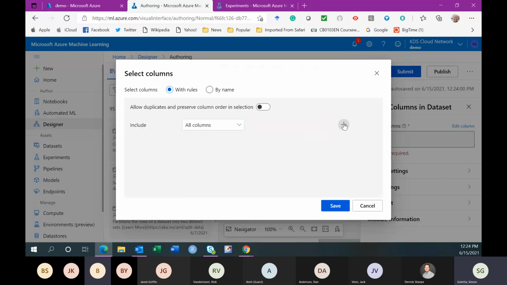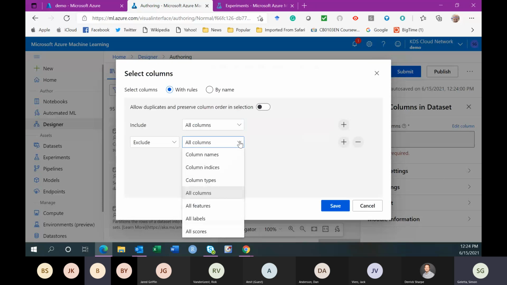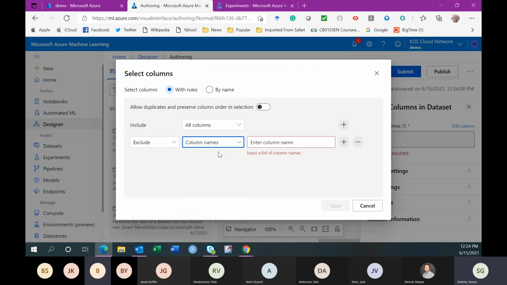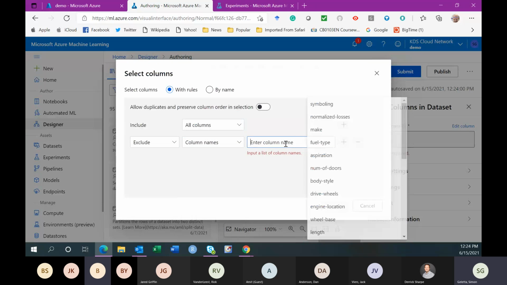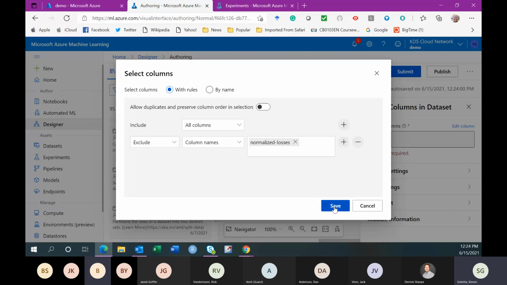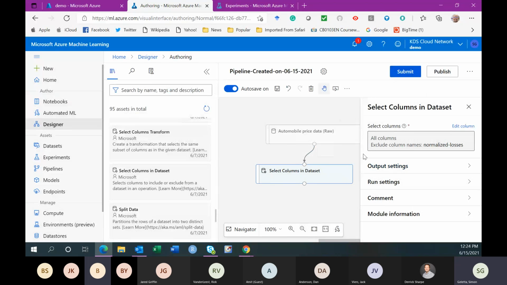Okay, and then exclude that offending variable. So column names, and I want to get rid of normalized loss. So now that column will not be included in the prediction model.